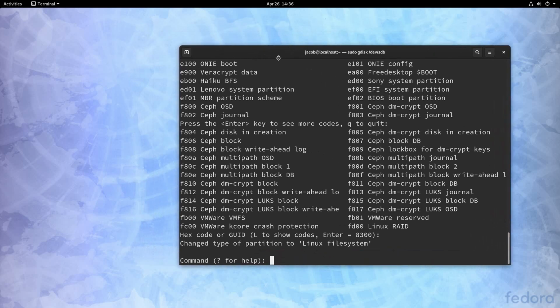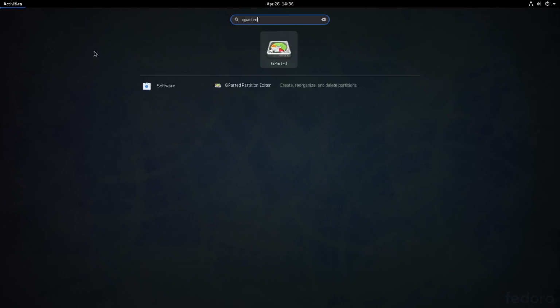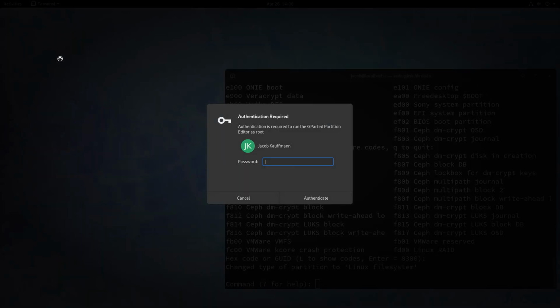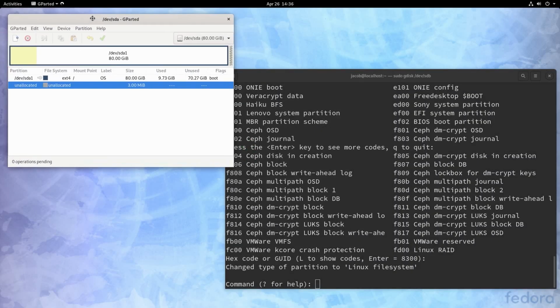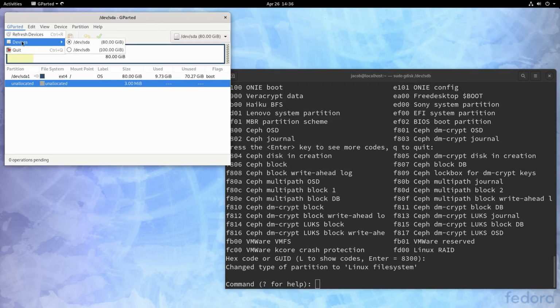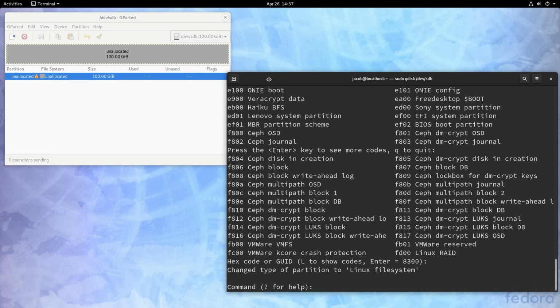Now, before we actually write the changes and commit them to disk here, I do want to open up GParted, which is a very popular graphical partition management tool, and it's certainly one that I would recommend if you need a graphical tool. But in GParted here, we're going to select our /dev/sdb device, and you can see this device is entirely unallocated. There is nothing on this device, there are no partitions, it's all just free space. So like I said, the changes to disk won't actually be written in gdisk until we explicitly write them.